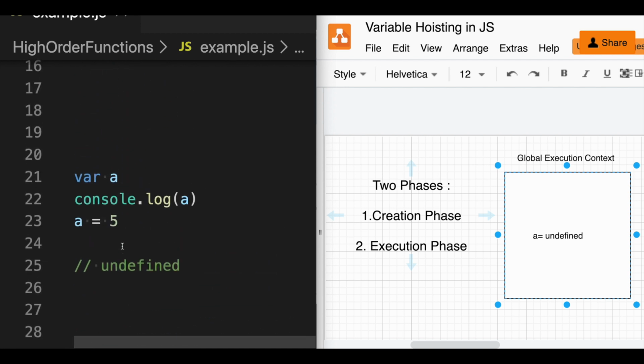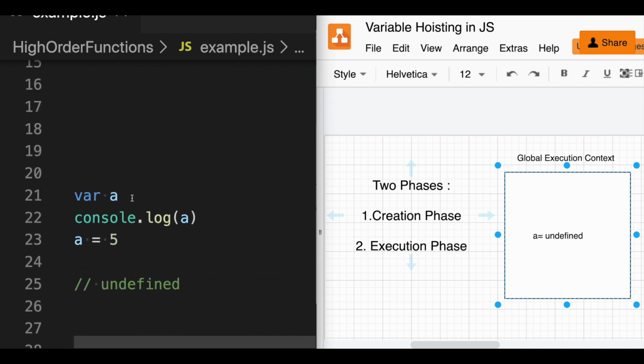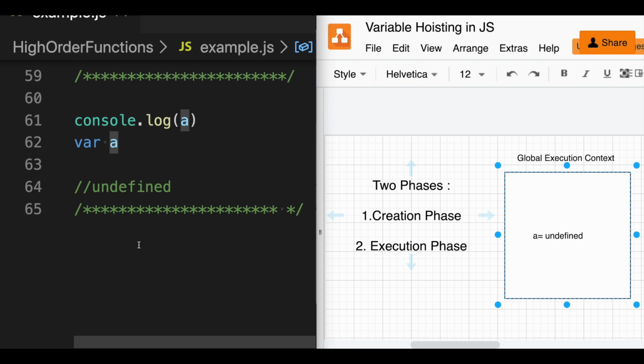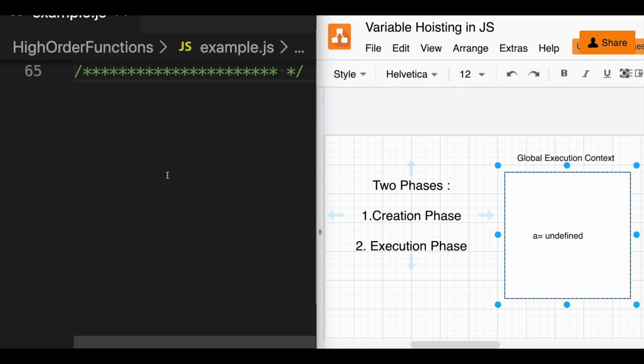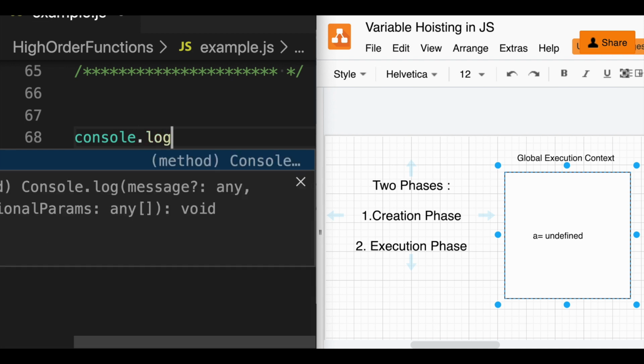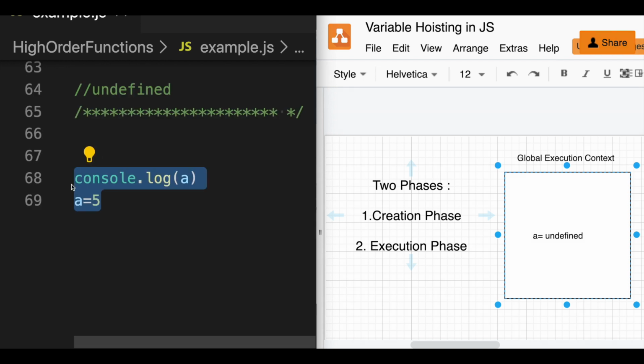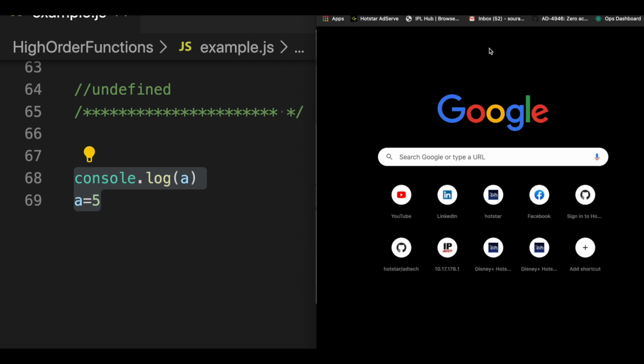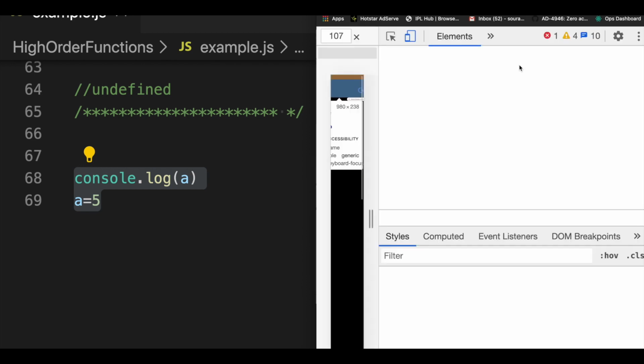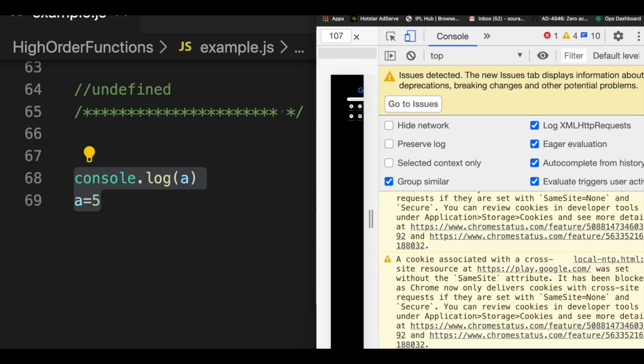Now let me take another example, which would be an interesting one. Let's say I have my console log A, and I have A equal to 5. Let's take this interesting code to my JS console and let's try to print it.